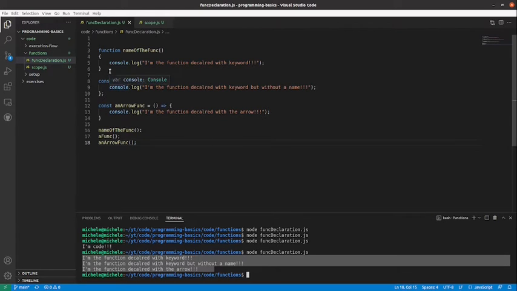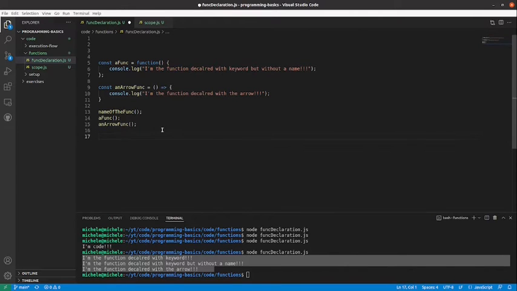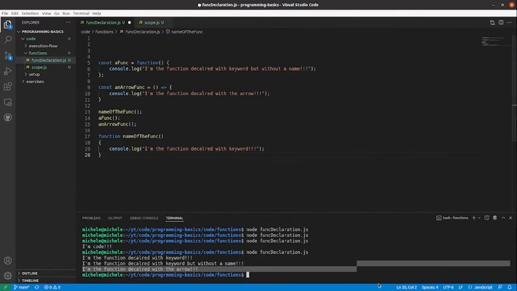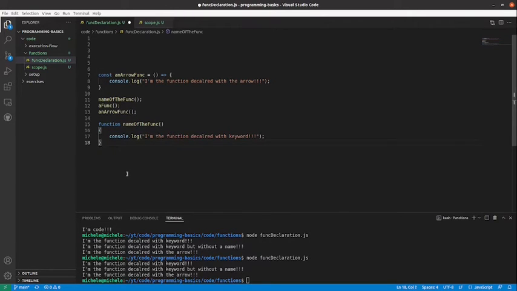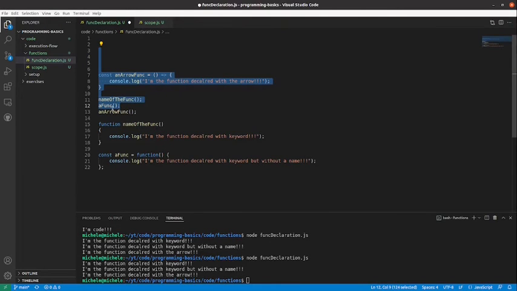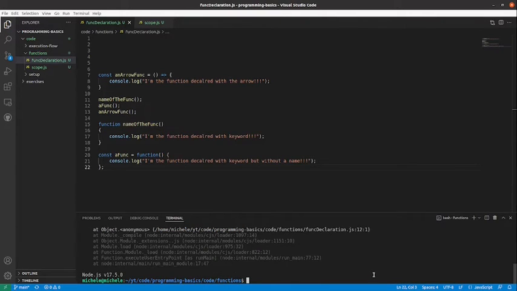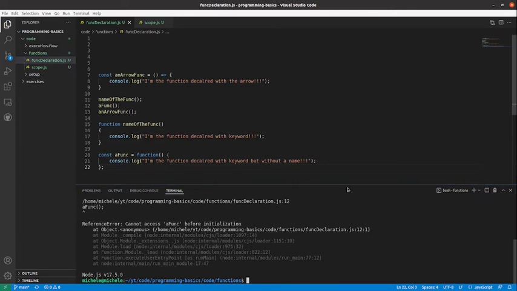Now, it's important to mention that the function declared with the function keyword can also be written later in the code, and the code will still be valid, but this is not true for functions that are inside a variable. In fact, this variable here is it since this is before, we until now don't know anything that is called a func. So running this code now gives us an error,